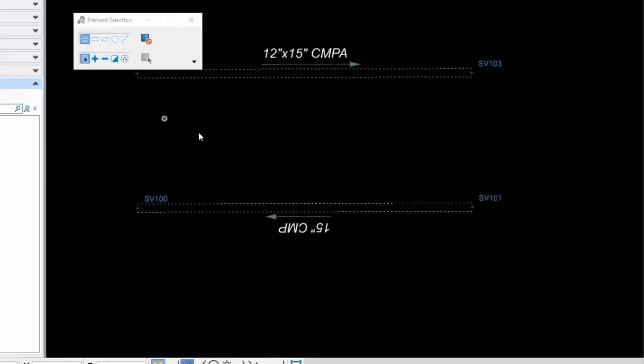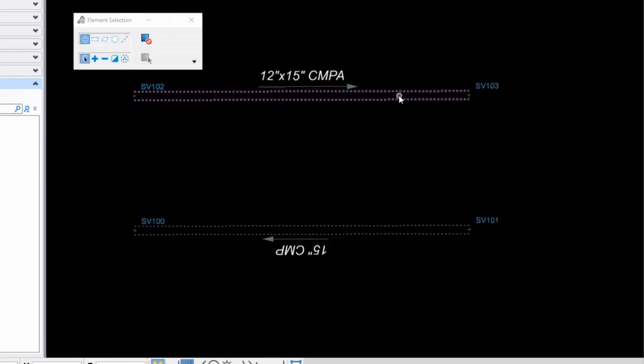So the labels are placed from the high side pointing to the low side and then above the element in that direction. So in this case, high side to the low side and above puts it upside down. And we've elected not to attempt to flip these around, because if you think about how this is going to be used by design, when they reference this information, it's going to get rotated into sheets, and it could end up being upside down regardless of how it's oriented here in this file.